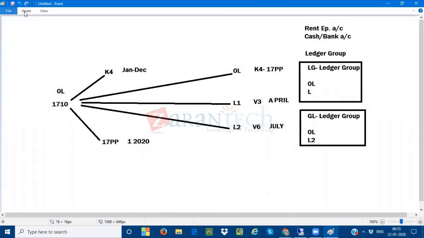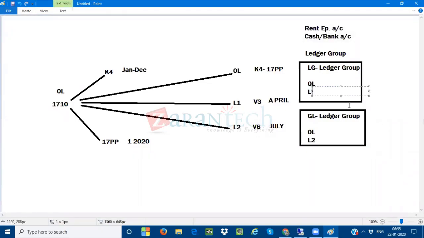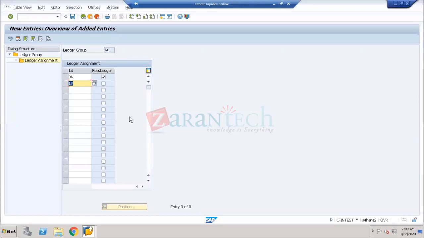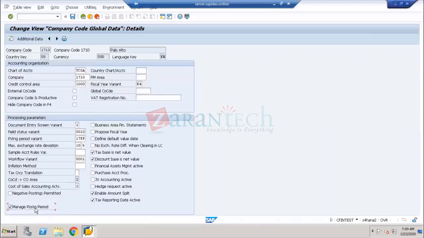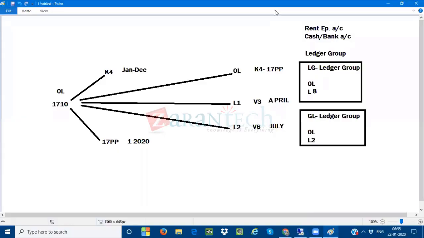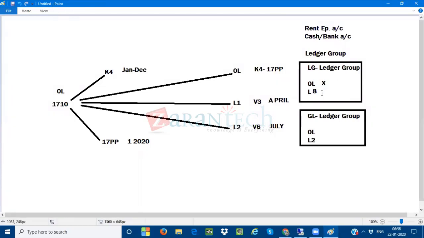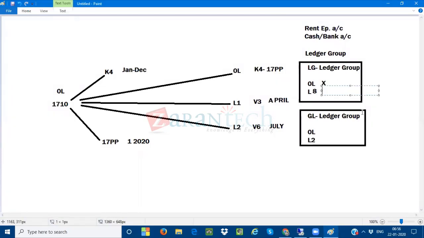So I'm just giving it as L8 only, okay? So for LEH, okay, here I'm putting as LEH. If I select the checkbox, then the system, even if it is a non-representative ledger in the ledger group, only OL is a representative ledger, whereas your L8 is a non-representative ledger, then